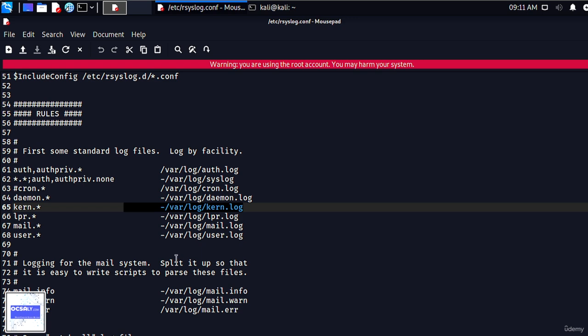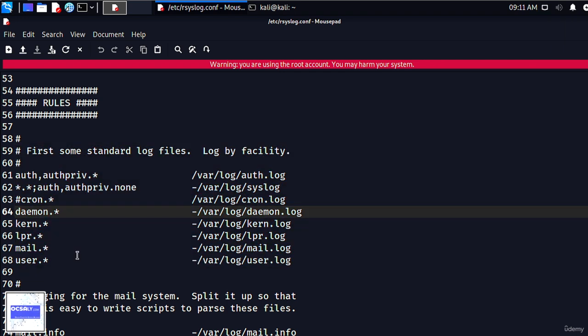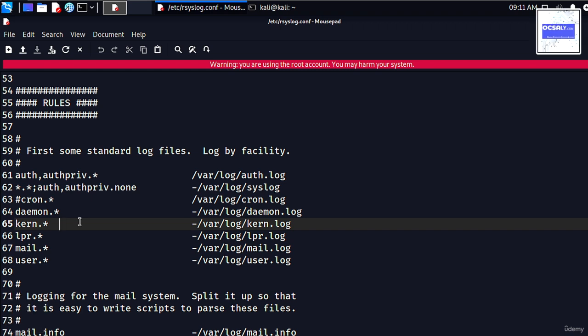Let's look at each section more closely, beginning with the facility keyword here. As you can see, the facility keyword refers to whatever software is generating the log, whether that's the kernel, the mail system, or the user. So the following, as you can see here, is, for example,